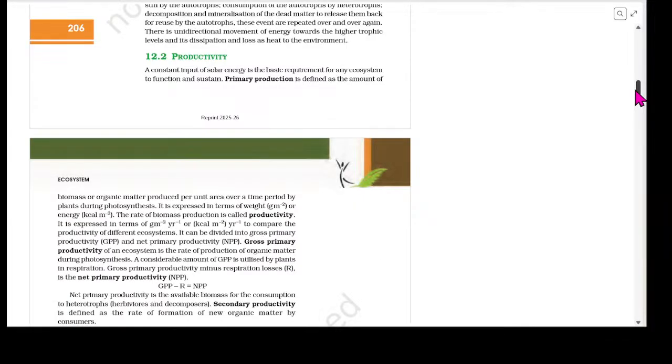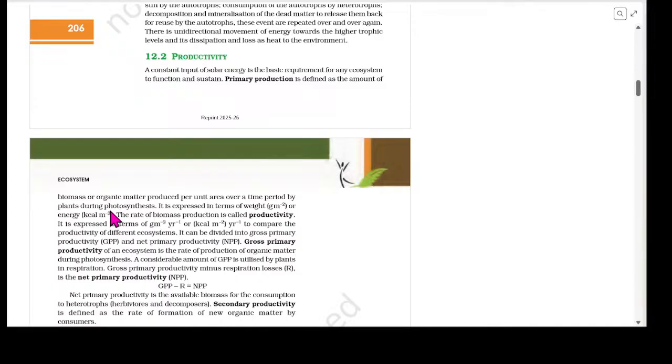First very important component of ecosystem is productivity. Let's go ahead with it. A constant input of solar energy is the basic requirement for any ecosystem to function and sustain. Primary production is defined as the amount of biomass or organic matter produced per unit area over a time period